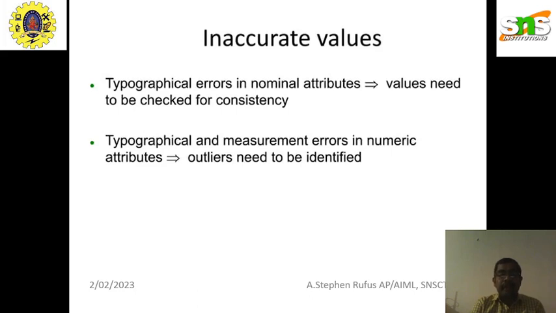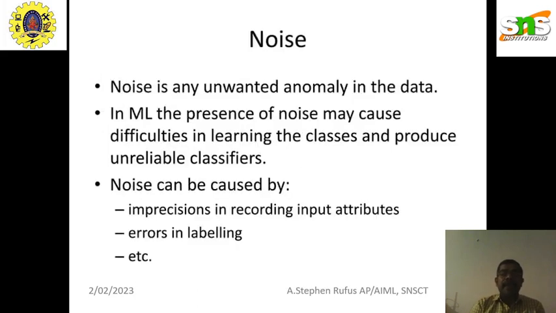The values should be accurate, they shouldn't be inaccurate. And then the last parameter in data collection is called noise. Noise is data that is not relevant to that particular entity. If I am collecting data about flowers, and at that moment I am collecting the data of the leaf, that is called noise. It may also be called an anomaly. For what purpose am I collecting the data? That data should be essential. All that unwanted data is called noise.